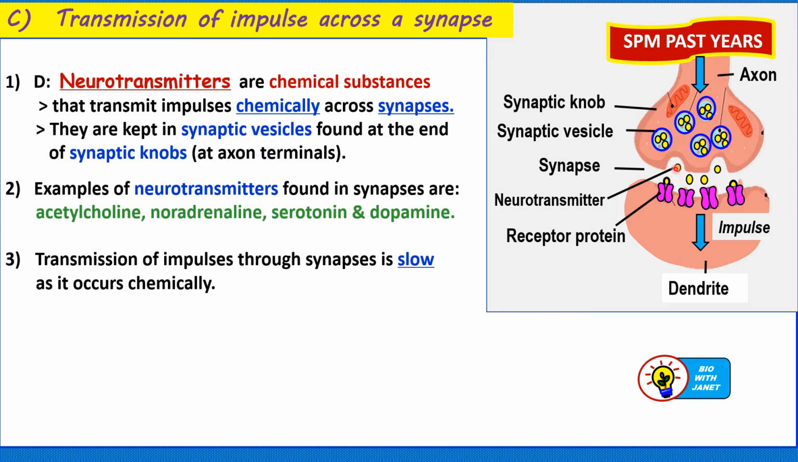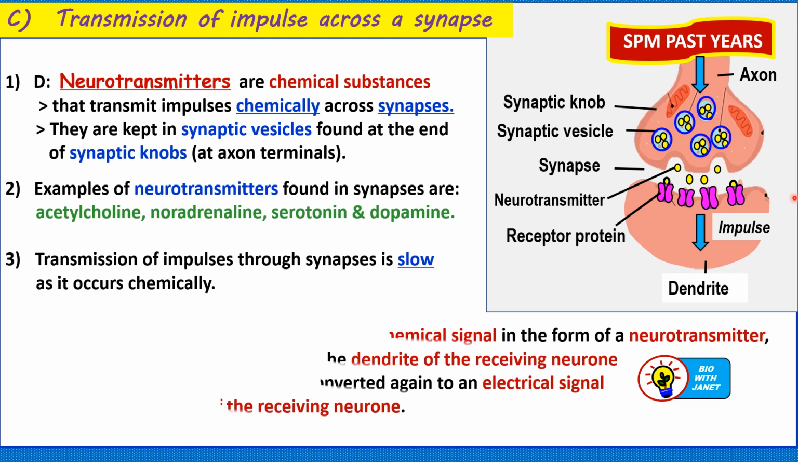So for the impulse to be transmitted, the neurotransmitters, shown in yellow, have to diffuse across the synapse to the other side and bind to receptor proteins on the dendrite of the receiving neuron. This occurs more slowly compared to the transmission of electrical impulses in the axon or the dendron. That is very fast compared to the transmission of nerve impulses through the synapse, or the gaps between the